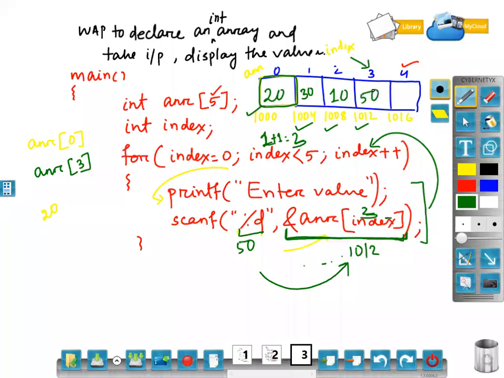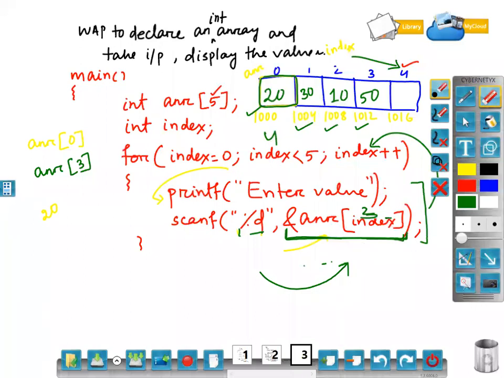Clear? After that, index plus plus. So now 3 plus 1 will be 4. 4 means my index will point to the 4th index. 4 less than 5, true. True means again it will enter the for loop. It will ask for enter value. Once you enter the value, let's say my value is 60.